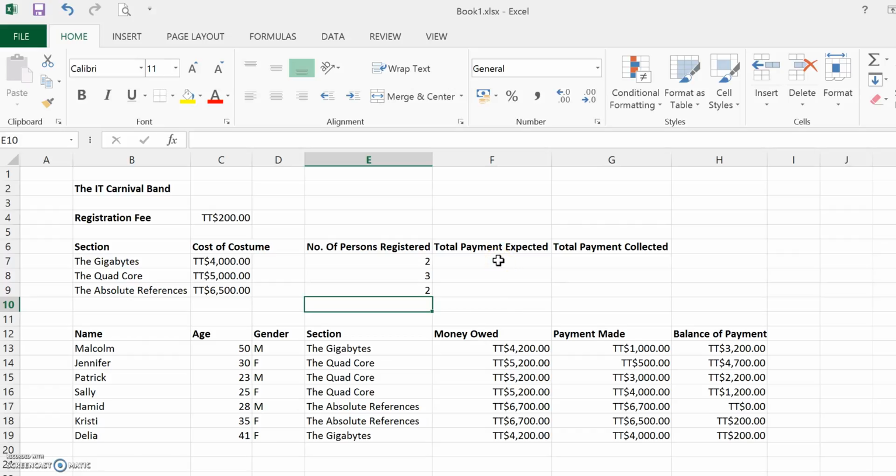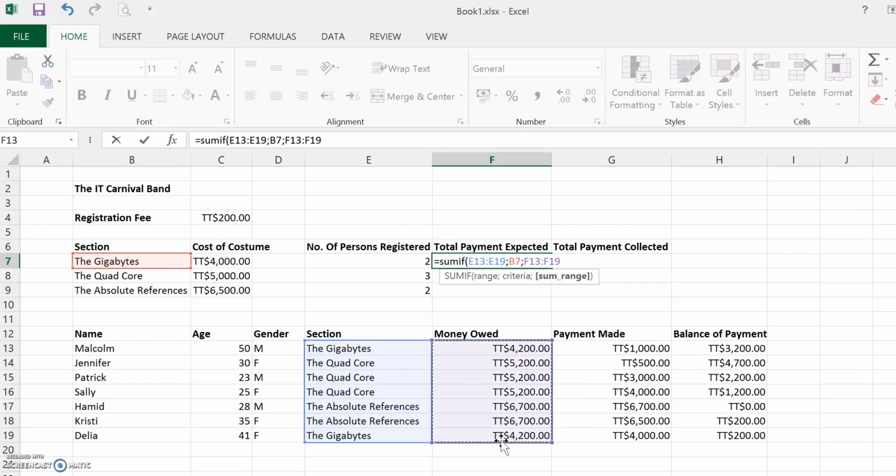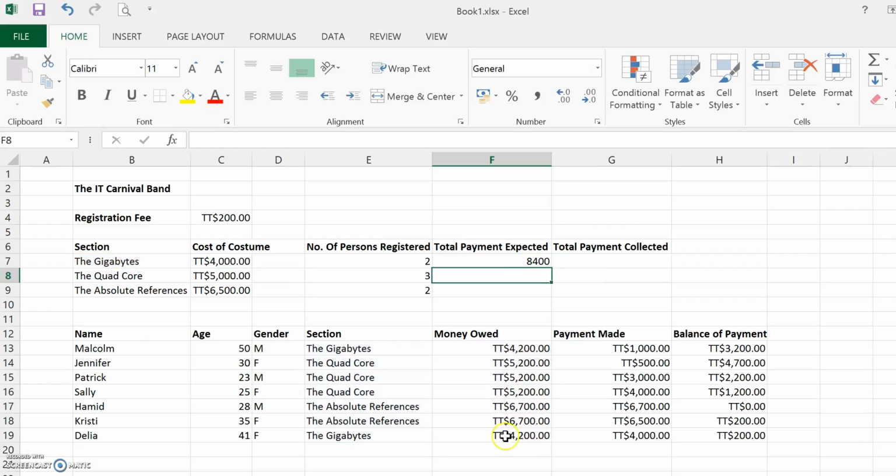For total payment expected, I'm actually going to have to add up all of the costs owed. So I can use equal sign SUMIF this range here, the criteria being the gigabytes, I'm going to add up the values in the money owed column. So that's